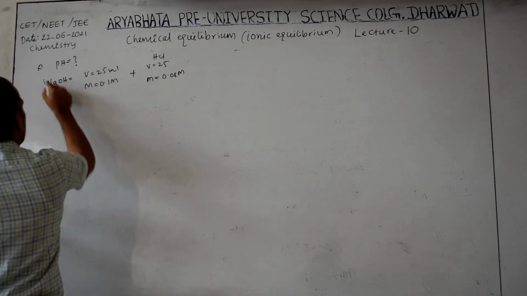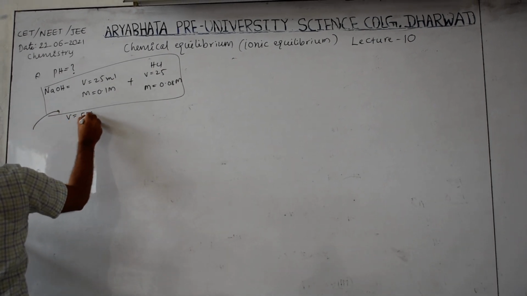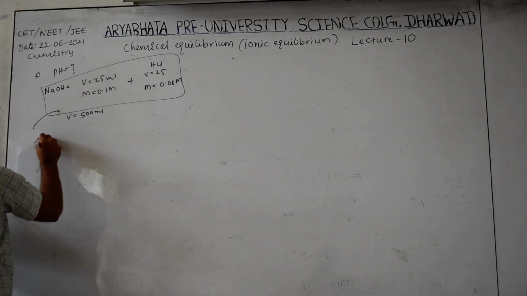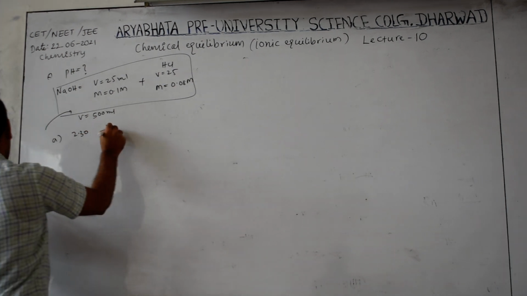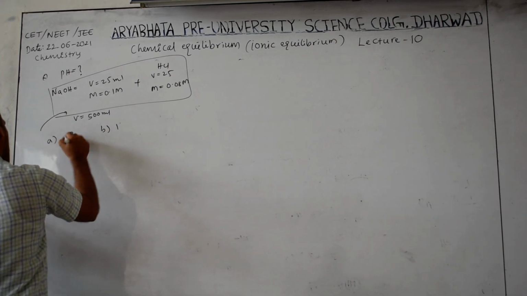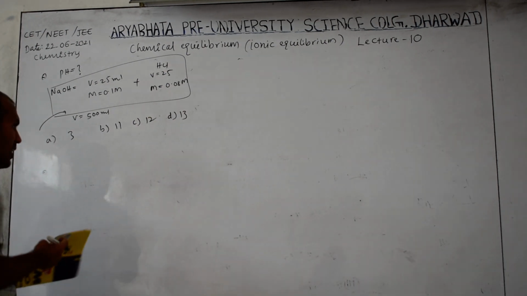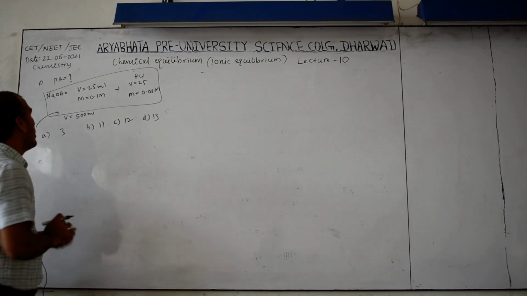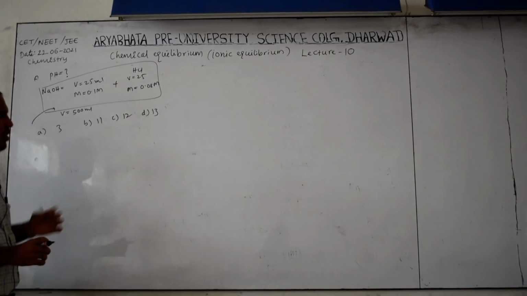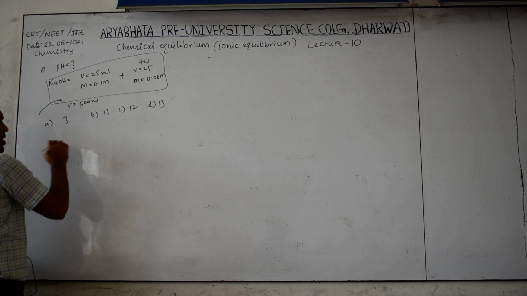And the final solution is diluted to 500 ml. We added water to both, and the total volume is 500 ml. Then what is the pH? Option A 2, option B 3, this is 11, this is 12, this is 13. Like this the question is given, you have to calculate. When acid and base are given, always try to write the equation, then only we will know the exact answer. Okay. First you have to calculate the moles.